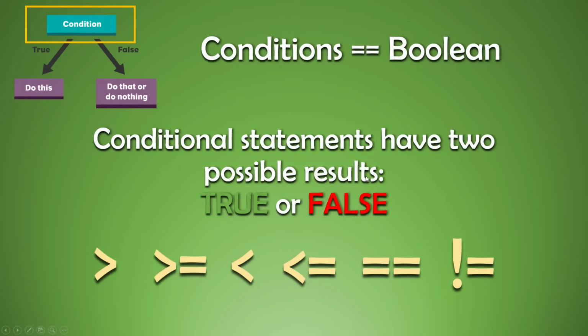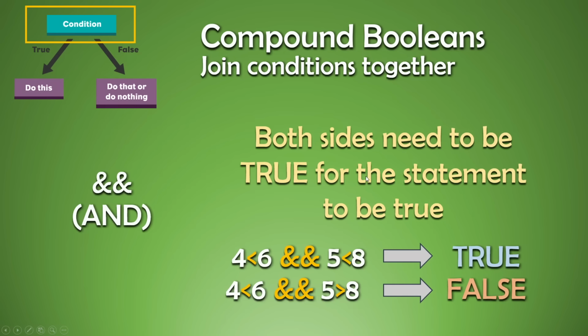There's only two possibilities. It's either true or it's false. Now, when we get complicated, we can join these tests together. It's possible to even do more than one test, and we might be able to test multiple things out at one time. In that case, we can join them together with AND. In the case of AND, both sides need to be true for the whole thing to come out to be